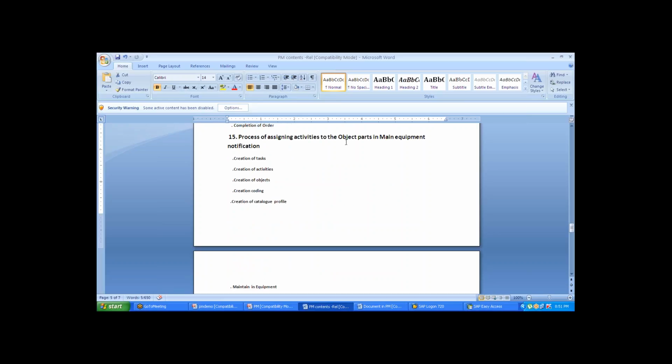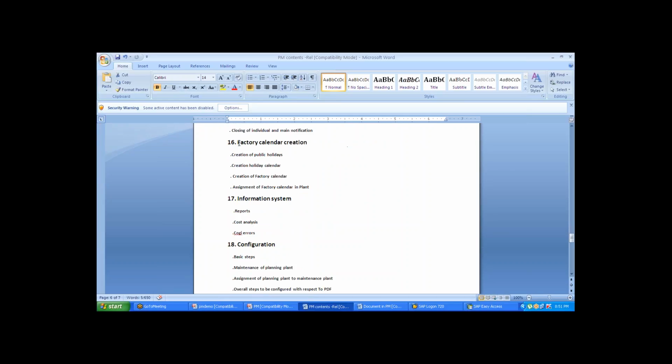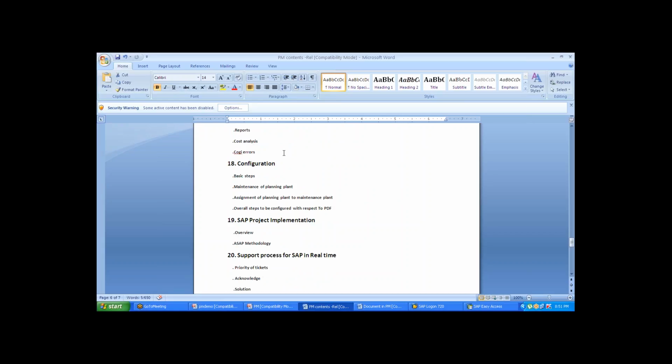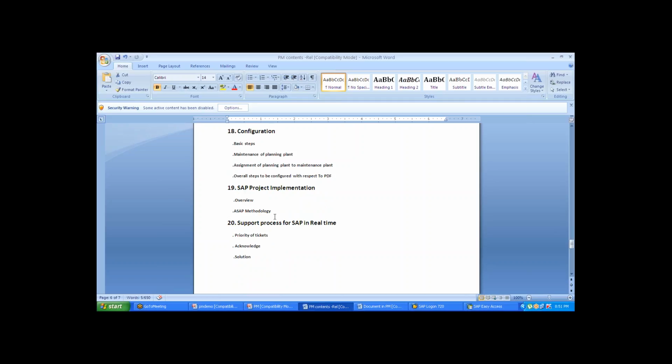The process of assigning activities to the object parts in the main equipment means you will create a notification for the main equipment and you will also do services for its parts. So how do you do that process? Then factory calendar: which is a holiday, why it is giving a warning, all these things you will be knowing. Then how we find the reports in the SAP system, how you do cost analysis, COGI errors, if something is not getting posted, how you handle it, basic configuration steps,